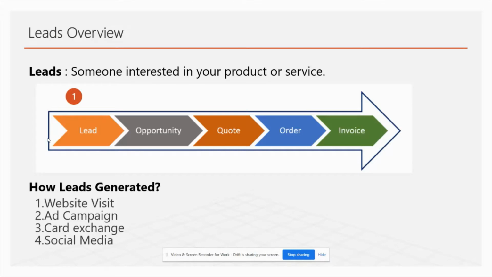So how are leads generated? Typically in marketing, leads are generated in different ways. Like salespeople exchange their business cards and contacts, or someone shows interest that they want to know more about your product or your service. Or